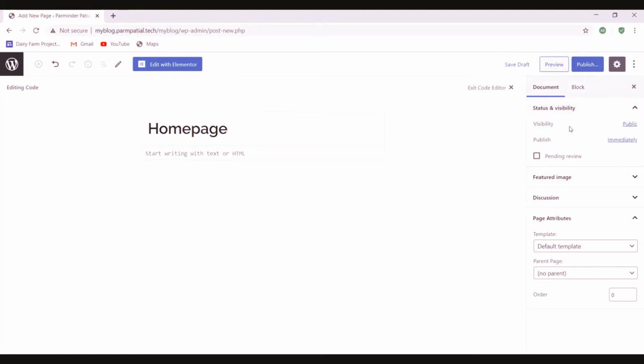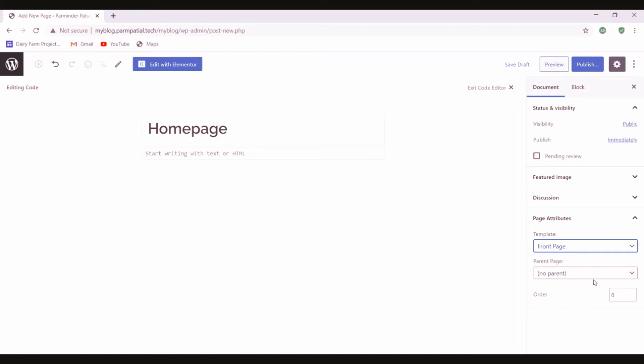In this case we see these settings that we will learn in the coming sessions one by one. Here we have to select the Page Attributes section, and there is a drop-down menu where we have to select the template. So for the template you have to click there and select Front Page, as we want to make this home page the front page of the website. So I will select Front Page.